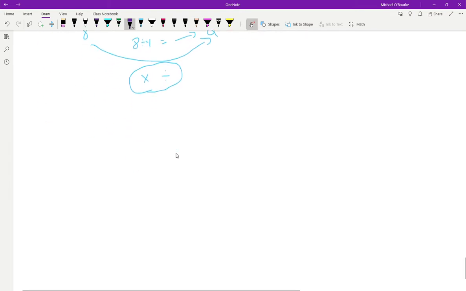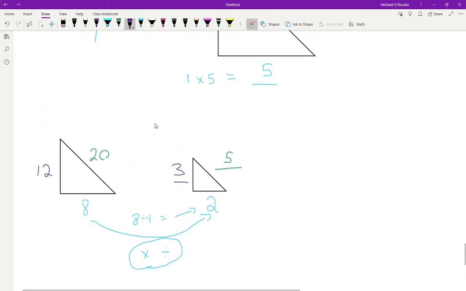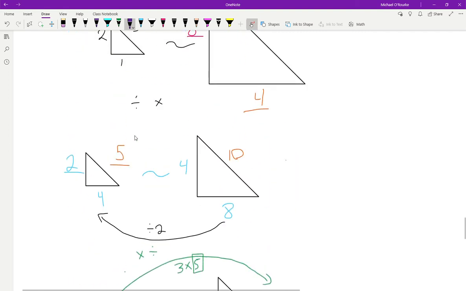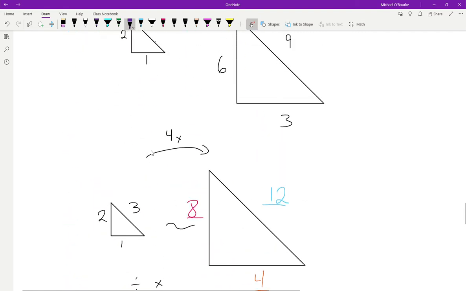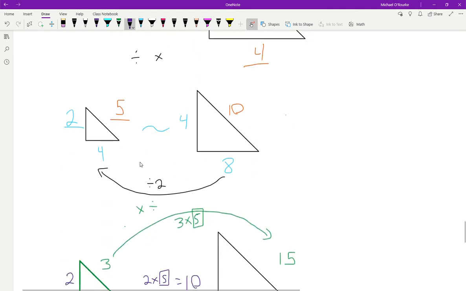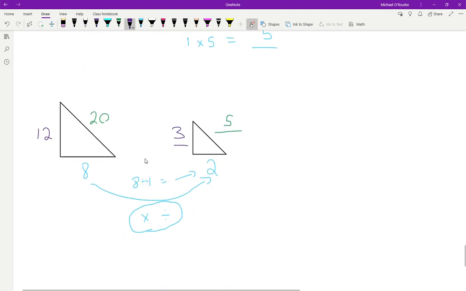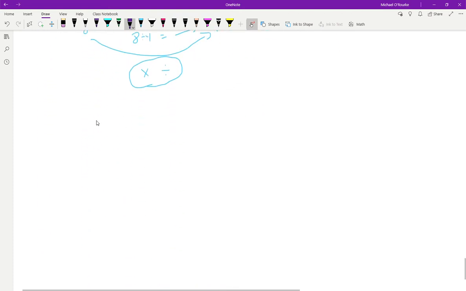Alright, now I want you to tell me, knowing that similar triangles go up or down by the same rate for all the sides. Okay? If you look back at this one here, we multiply by 4. They're all multiples of 4 to each other. These ones were divisions by 2 for each other. These ones multiplied by 3. These were divisions of 4. Now what I want you to tell me